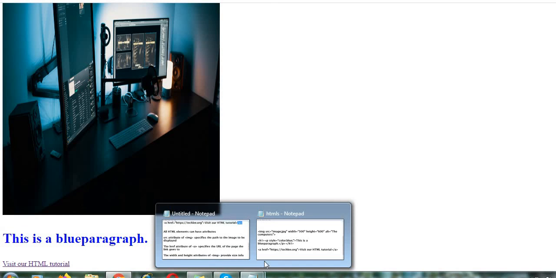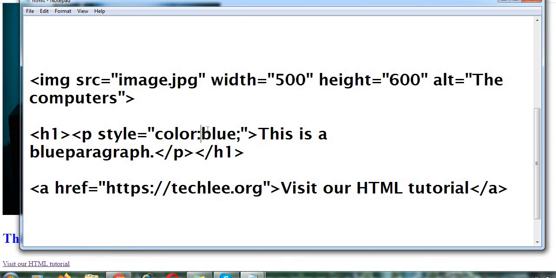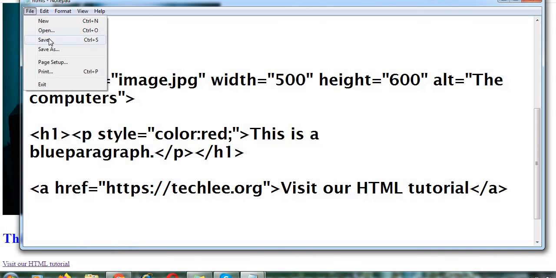Okay, so what I did, I just used a style attribute. Instead of blue we can use another color, like if we want to use red color instead, then we can just mention red here. In the style color attribute, like that we can use the font in between that style, and except it we can use other attributes as well, meaning other elements of the style attribute. Okay, let me save it. Now it becomes red.